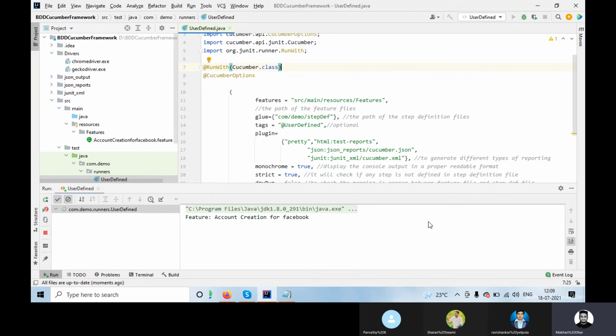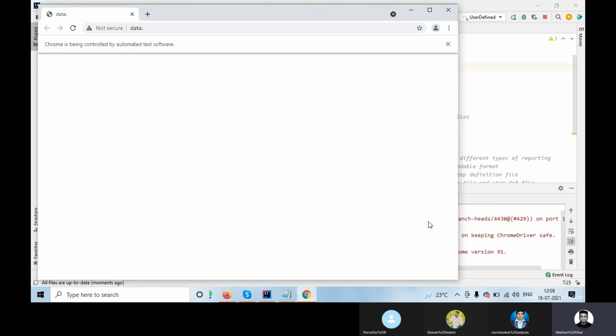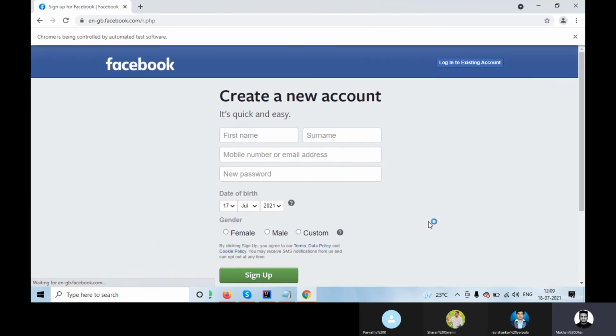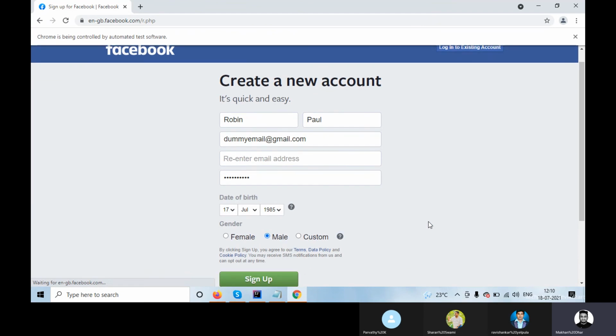So the runner class basically helps with a few things. One, it helps you to generate the report. Second, it helps you to validate whether all the steps match your feature file steps or not. Also, it helps to execute our okay, one thing we have to do, like when you enter something,